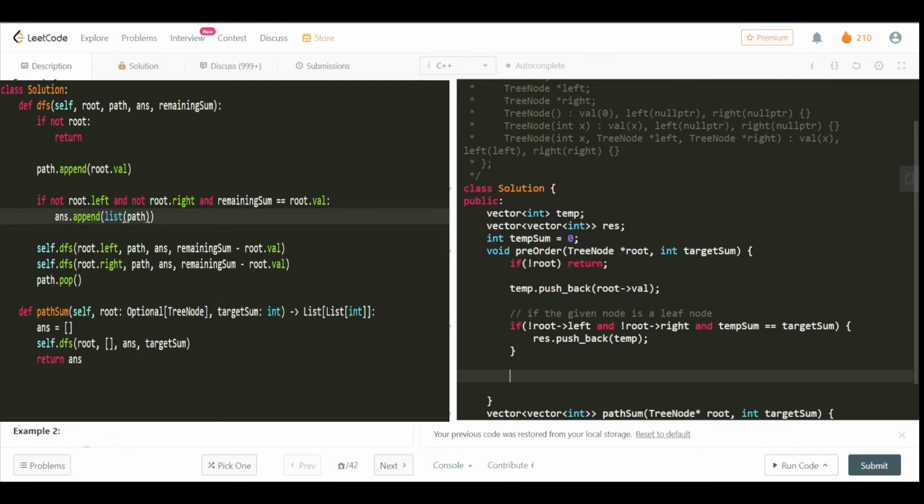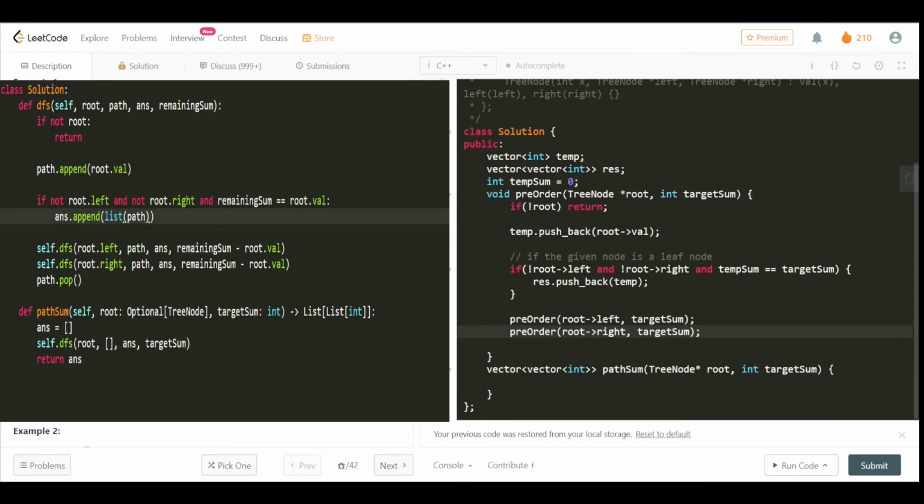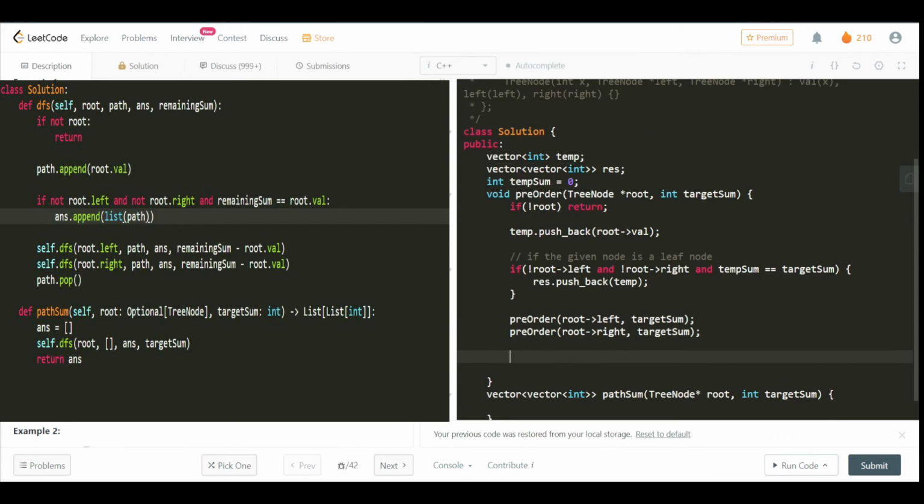So if that's not the case, we'll just call our same function for our left child, and then we'll call it for our right child. After doing that, we need to backtrack. Since we are backtracking, I'll be needing to remove my latest node values from my temporary array. I can do that by